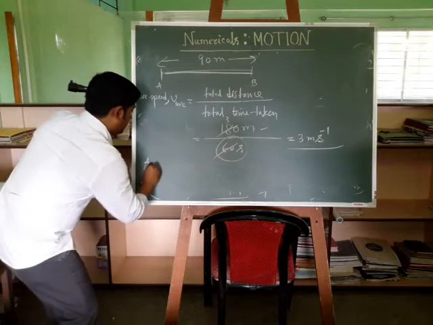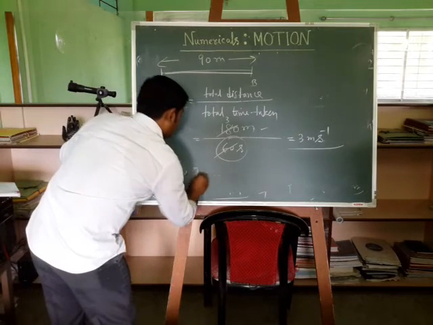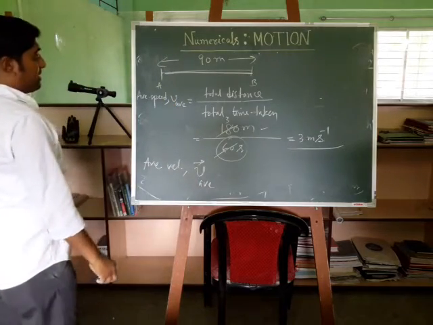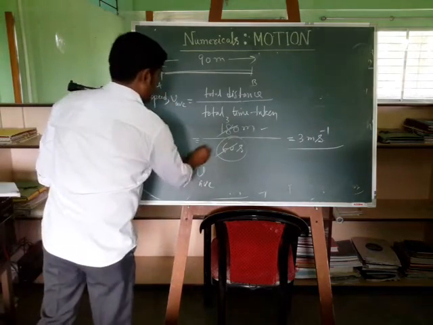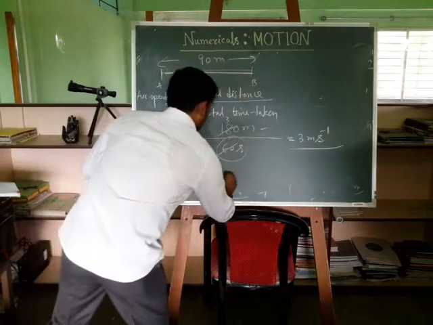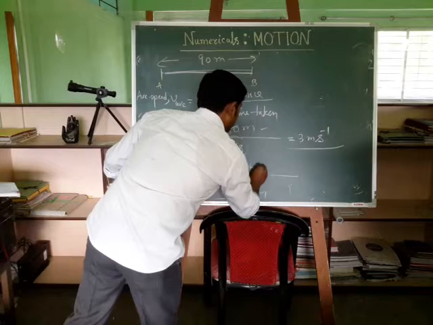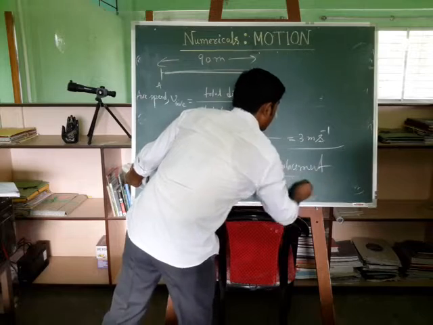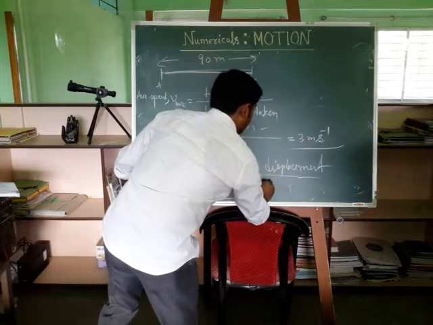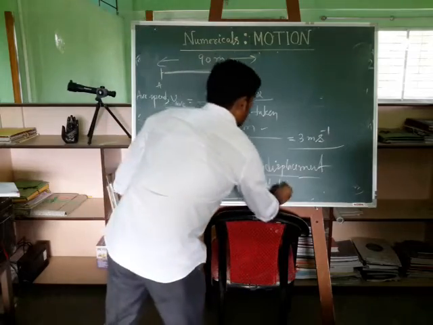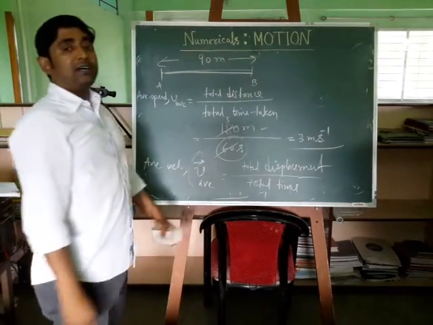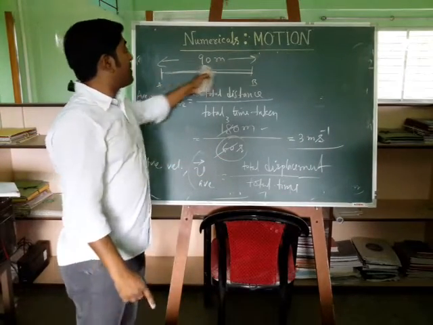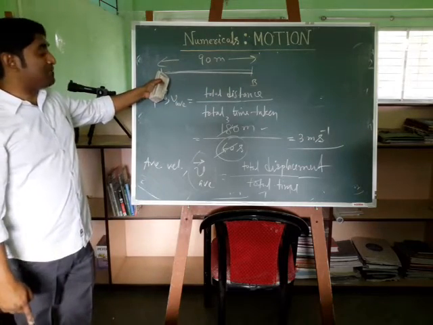Now average velocity. Average velocity, the notation is the same. Usually we put an arrow, but in class 9 we are not dealing with the vector notation, but that is how we represent a vector. So that will be total displacement. It is not distance. Displacement is, remember, displacement by total time, and displacement is the shortest distance between the two terminal points. And here A is the starting point and A is the ending point. So total displacement is 0.